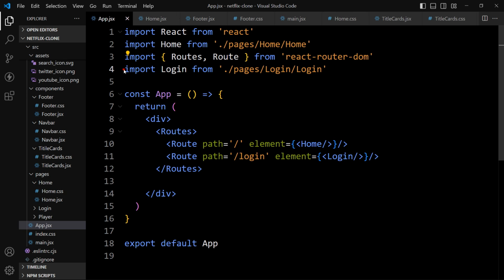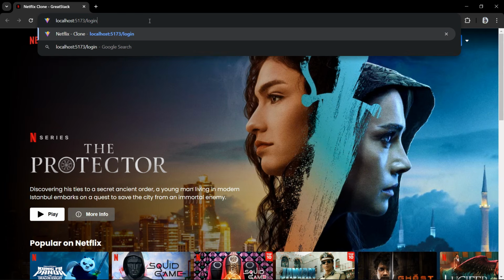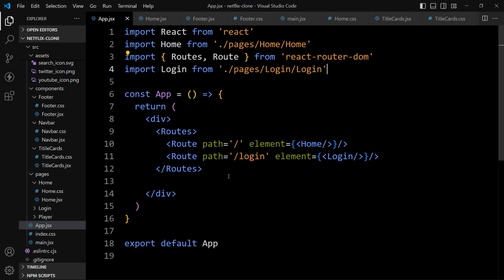That's it. Now after adding this, we will open the web browser, and here if I type /login, it should open the login page. It is not working because we have not restarted our app.